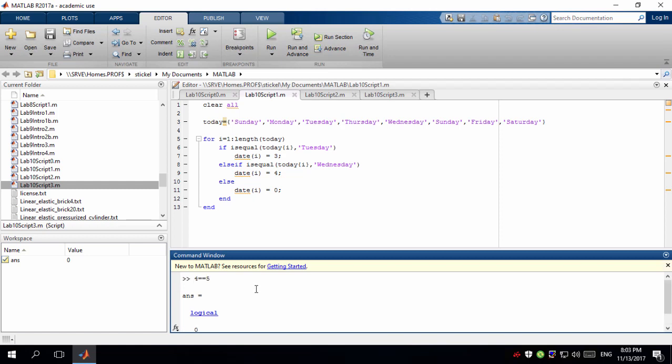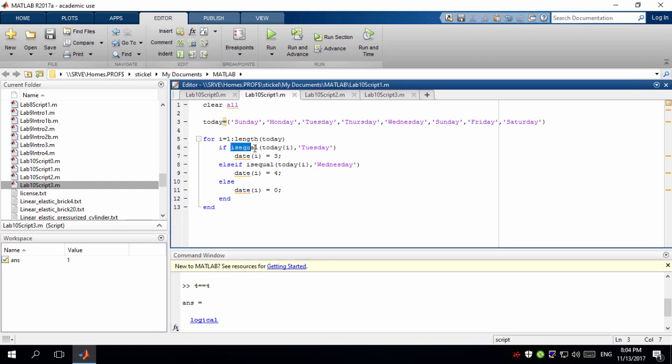That's a logical 0, because we know that 4 is not equal to 5. But if I did 4 is equal to 4, it'd be a logical 1. That's a true statement, and 1 represents true. So I could use this double equals, but actually it doesn't work when you're using cells. And so there's this other function called isEqual, which essentially does the same thing, but extends this double equal sign